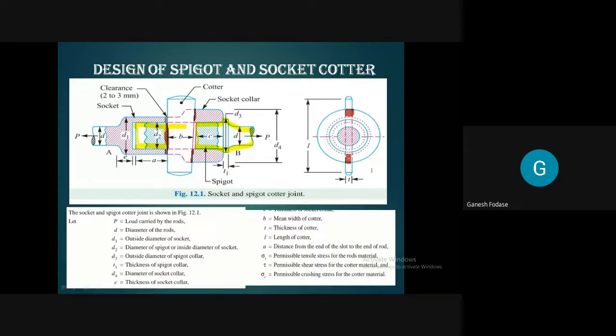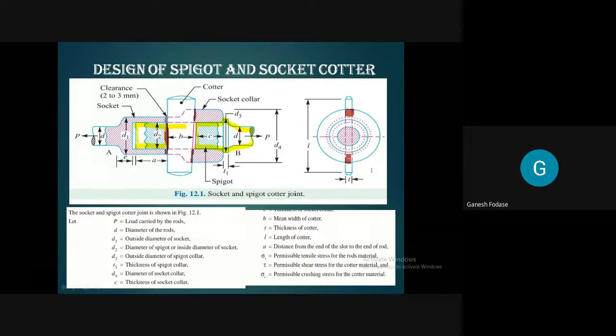Now one example is done. Remember, we are not learning only a quarter joint, we have to learn the design process. In design process, you should be able to understand what the design process is. When you are going to design any element, you should first think about what the different dimensions are. You are going to draw a rough diagram. Based on that, you will think about the different failure criteria, what different stresses will act on the element, and due to those stresses, what the different failures are.